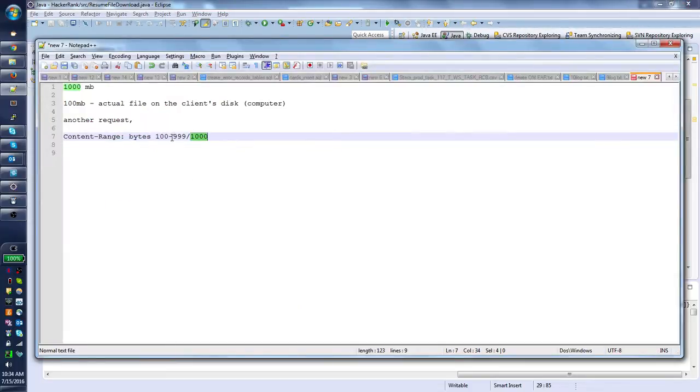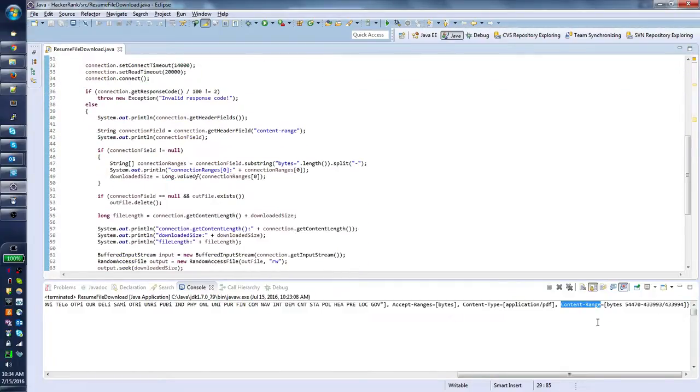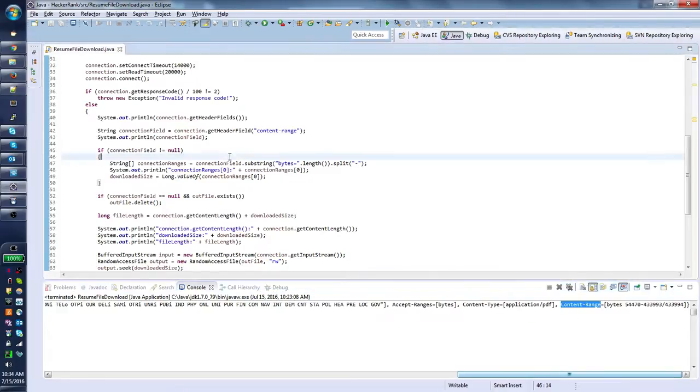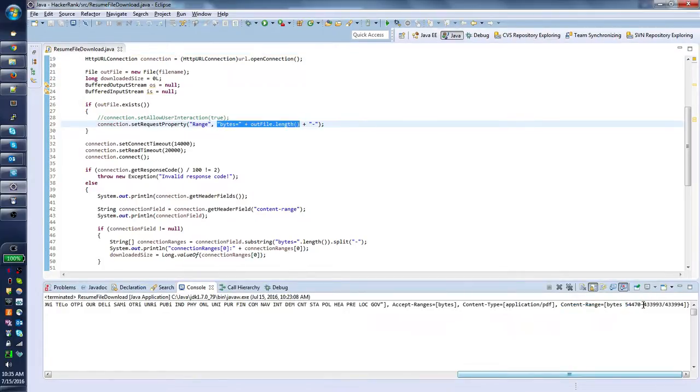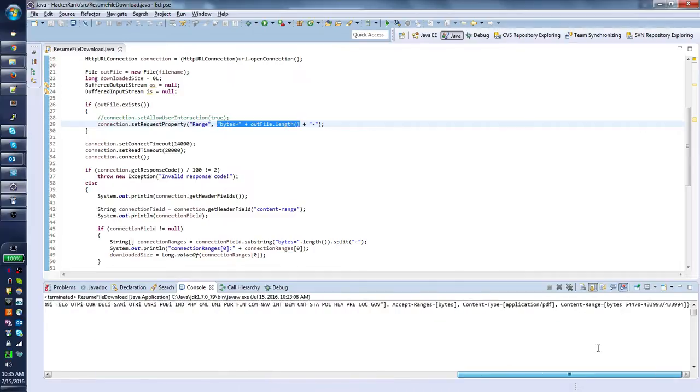So this one is automatically determined. As you can see right here, we only set the content range, the initial one, until the equal sign, and then the rest is automatically filled up. So just from here to here, automatically filled up by the program.